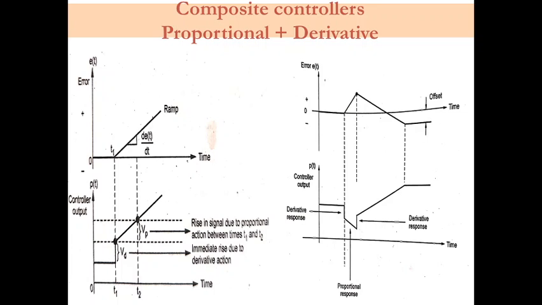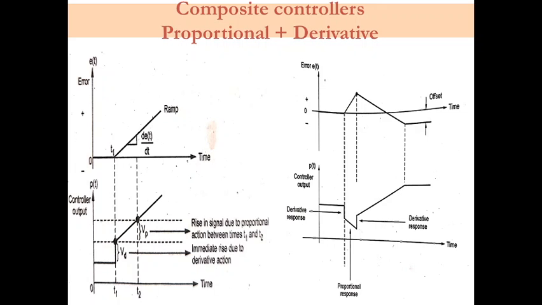For the reverse action, the controller output is the image of the error for the proportional mode, while the derivative mode causes a sudden increase or decrease in the output corresponding to a decrease or increase in the error. Here, if there are any sudden changes in the error, based on that your output is going to change. This mode cannot eliminate the offset of the proportional mode. So here the offset will occur. So we cannot avoid the offset by taking the PD controller as the reference controller. So we can go with the PI controller.